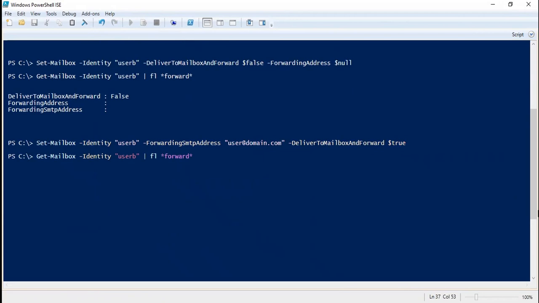And then let's verify the changes. Now here, this external user has been added under forwarding SMTP address and deliver to mailbox and forward has been set to true.